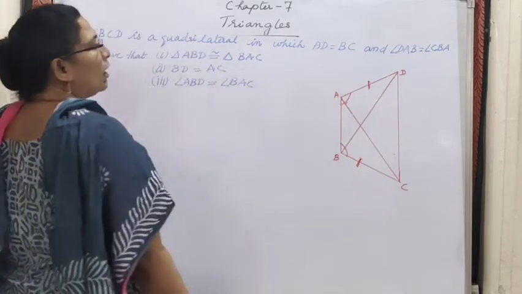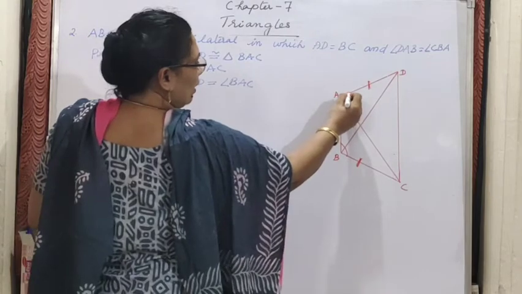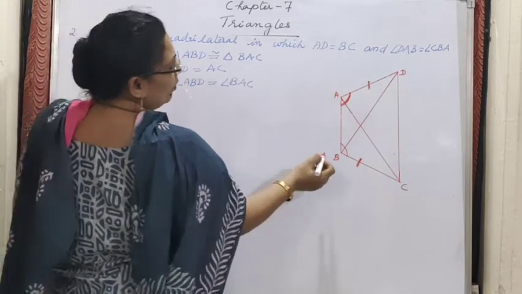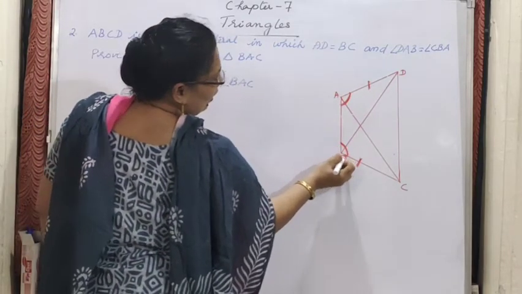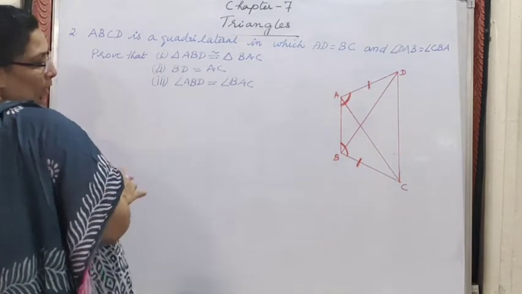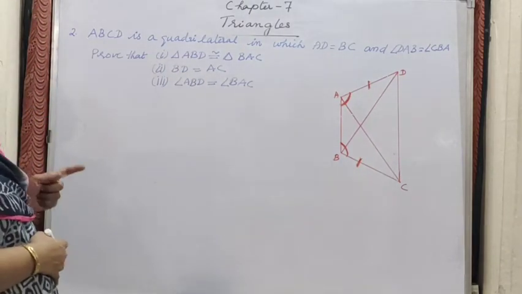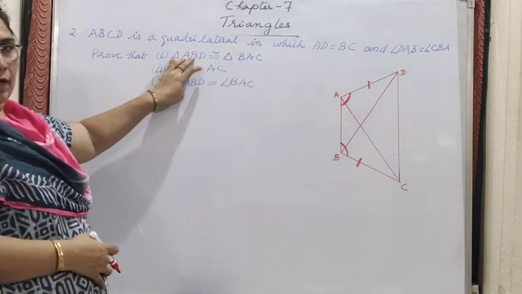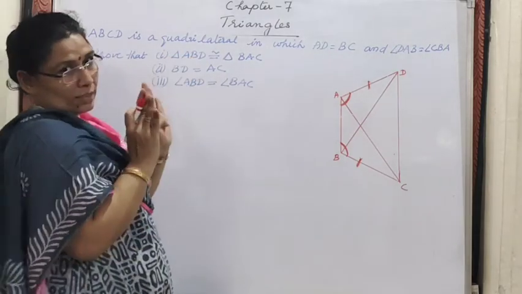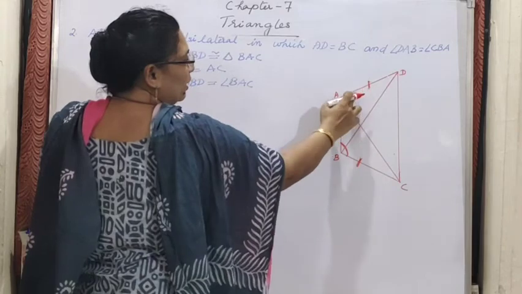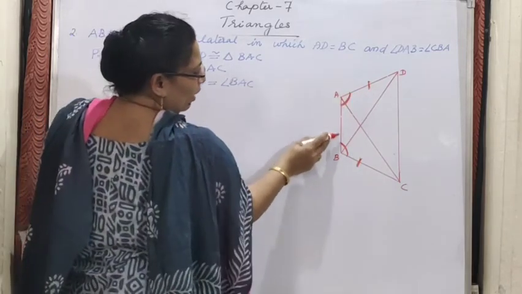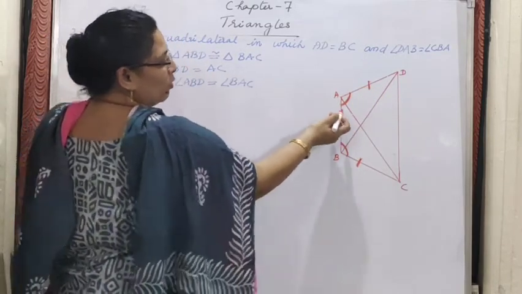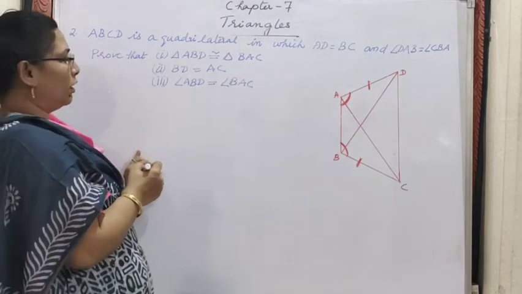Okay, one only. Next, angle DAB means the whole angle. Angle DAB equal to CBA means this, right? Next, we have to prove these three statements. So already we have got one side and one angle marked there. Now you check which triangle, ABD, we have to check. ABD only we have to consider, right? In ABD, one equal side and one angle we got, the angle A.